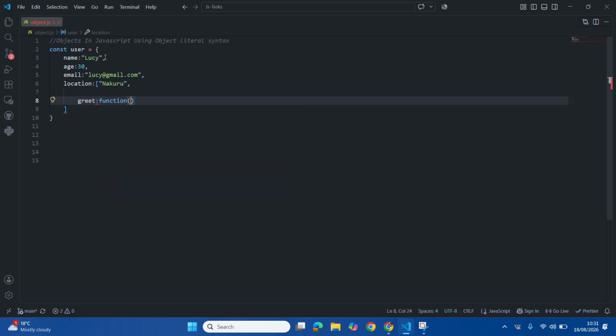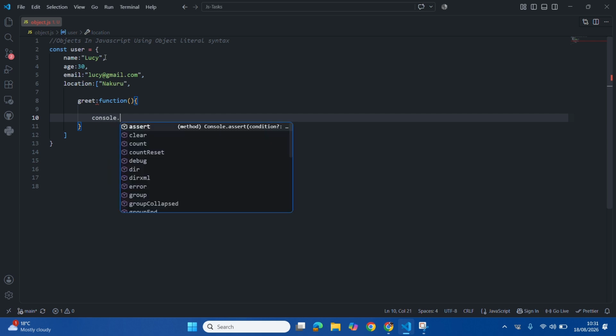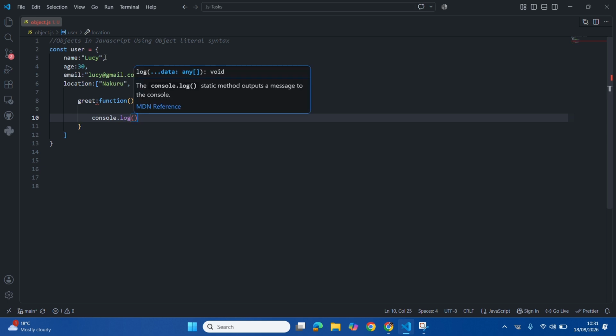The syntax for a function remains the same. A function name, in this case it's anonymous, but then we'll use the parentheses and then curly braces. Inside it we will log onto the console, we say console log, parentheses, use backticks, and say hi there,